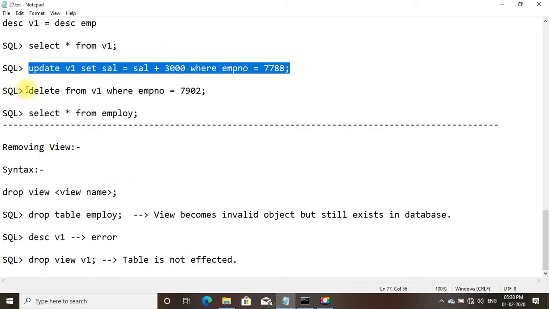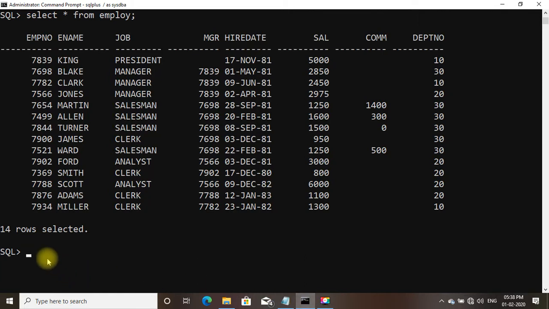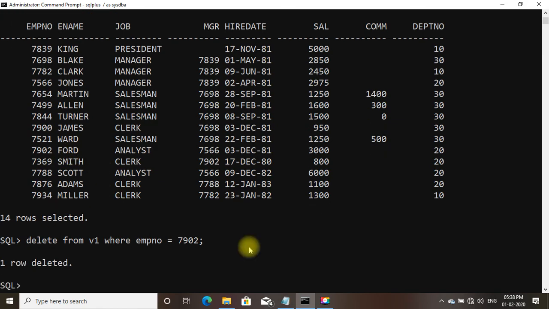We shall try the next example. Delete from v1 where empno is equal to 7902. 7902 is Ford. Employee name is Ford. Let us type this command. One row deleted.